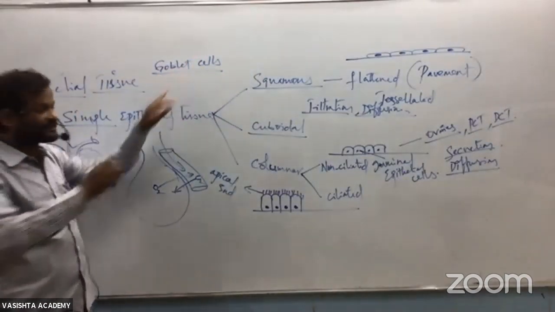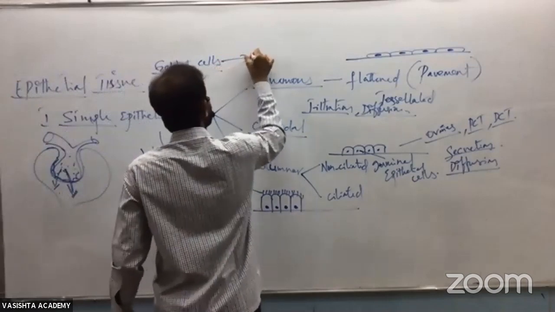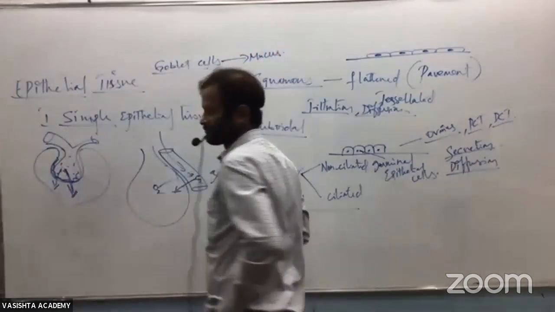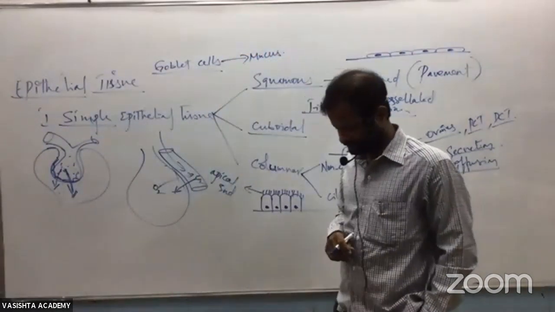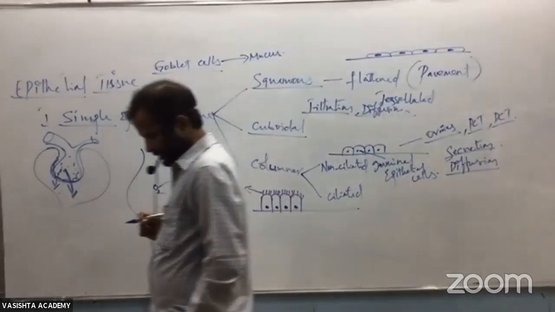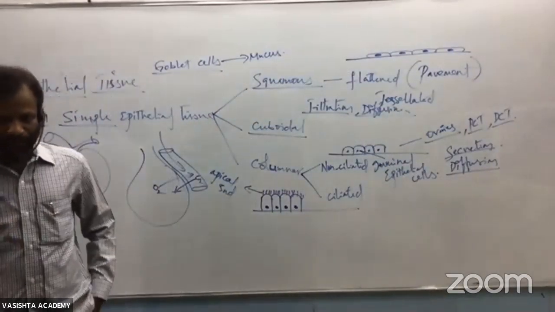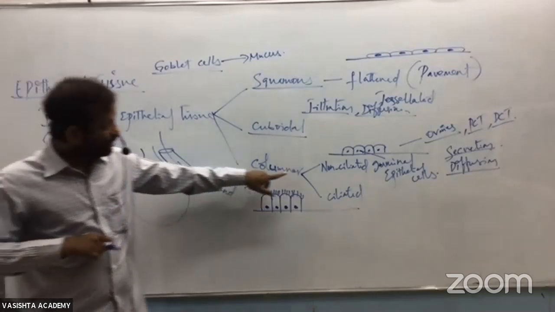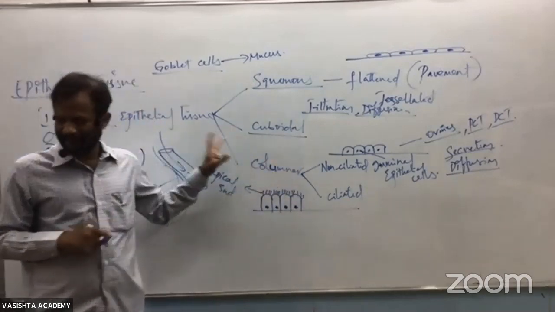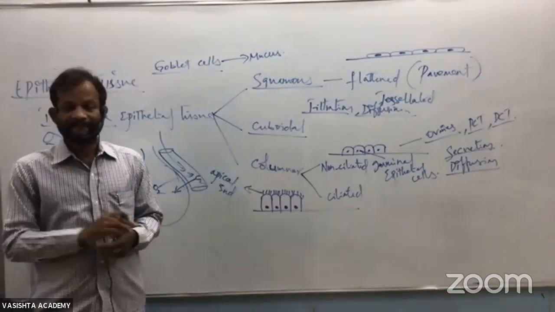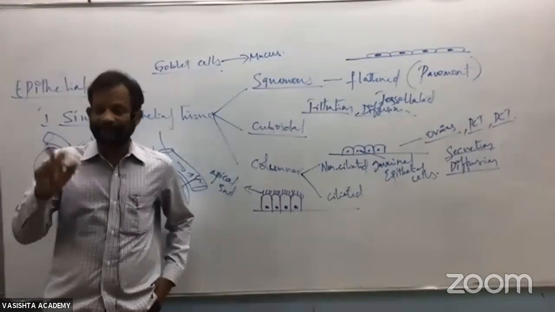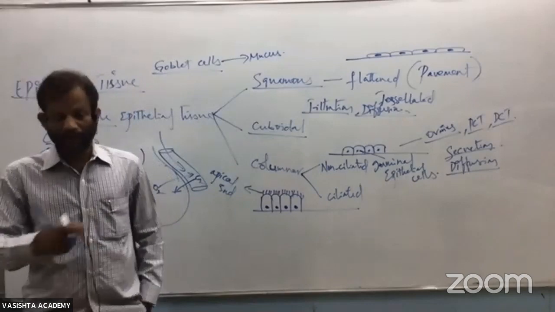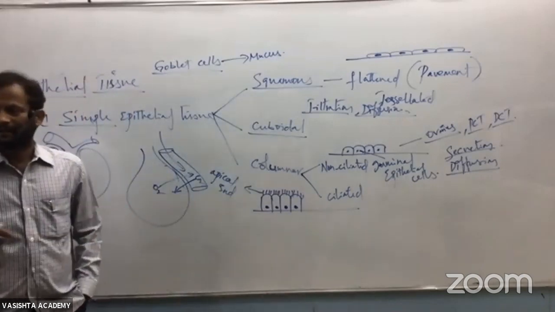These goblet cells will produce mucus. Now, in our body, we can see non-ciliated simple columnar epithelium where cilia are absent, goblet cells are present. For example,